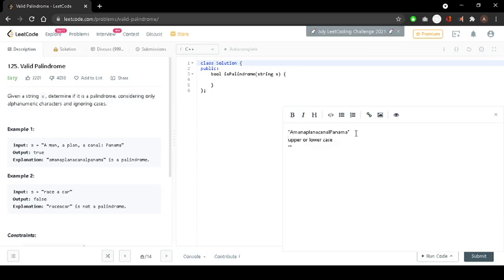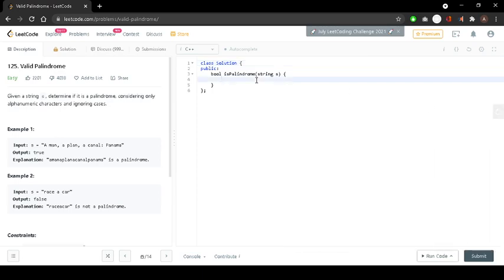In the third step, we will compare the first index from the beginning with its corresponding index from the end. So the zero index will be matched to the last index, the second from the beginning to the second from the last, and similarly in this way. So let us code this. I will discuss it more later.